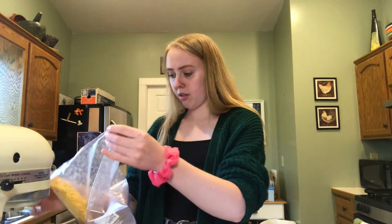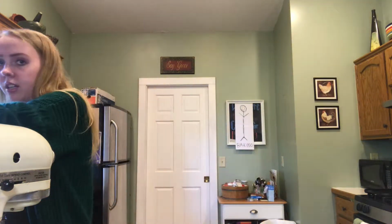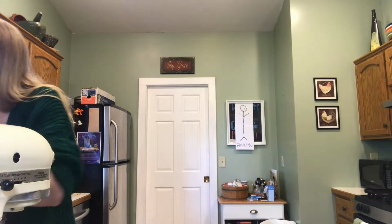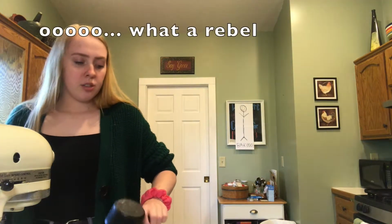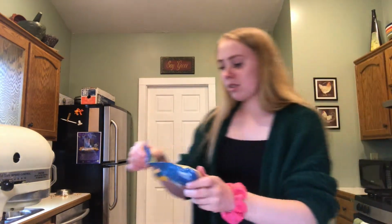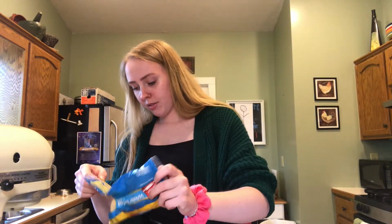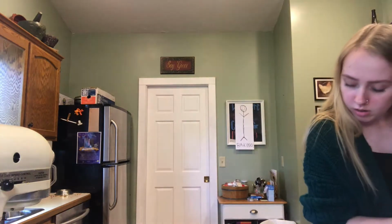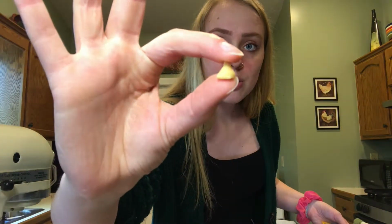Okay, so here are the crumbs. Uncrushed. And my mom told me to add chocolate chips, but I don't like chocolate chips. So I'm going to add some white chocolate chip. White baking morsels. Those aren't white. Those are definitely beige. That's for sure beige. Well,